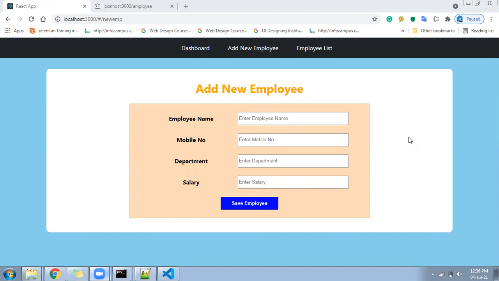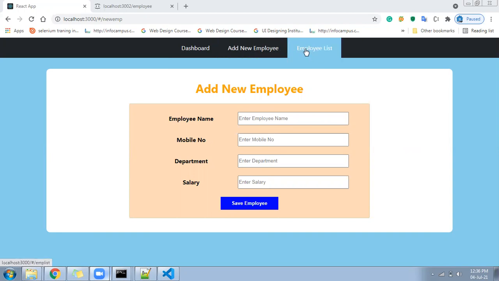I hope you have seen the previous video and have implemented the routing. You can see these 3 pages I have made. Their routing was implemented.